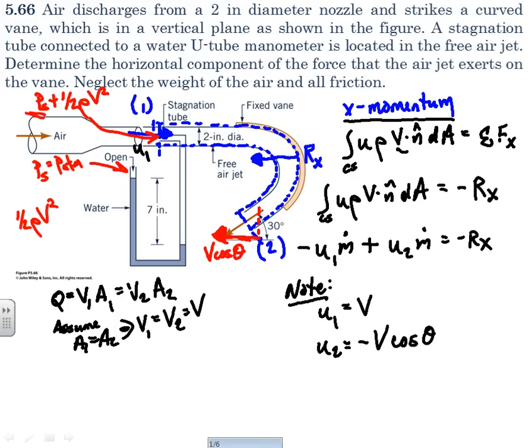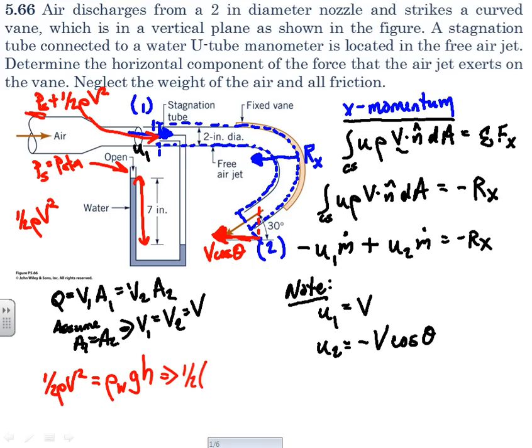So then for my manometer analysis, I know that that 1/2 rho V squared has to equal the pressure difference measured by the manometer. And this pressure difference is just rho of water, the density of the manometer fluid, times g times its height, the height difference, h. So this will give me